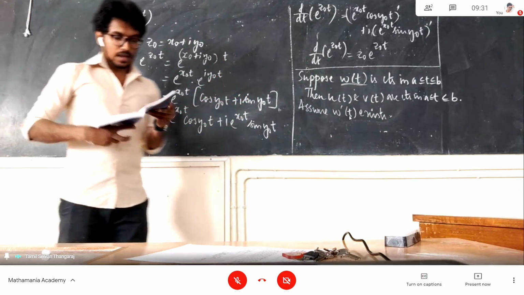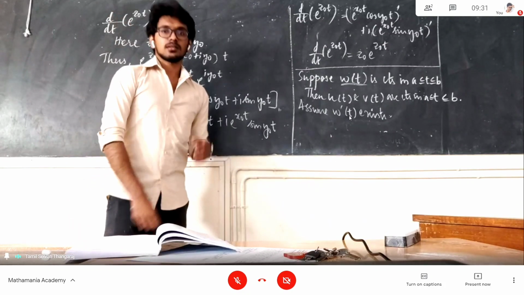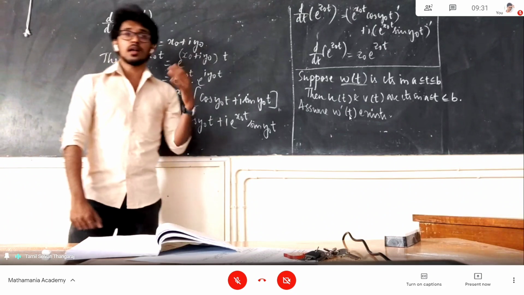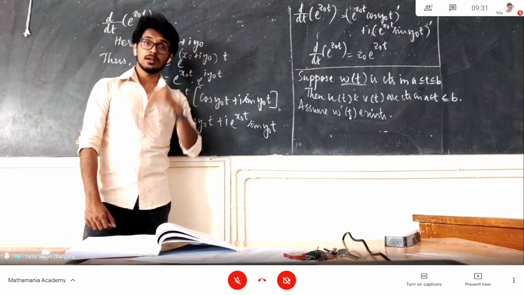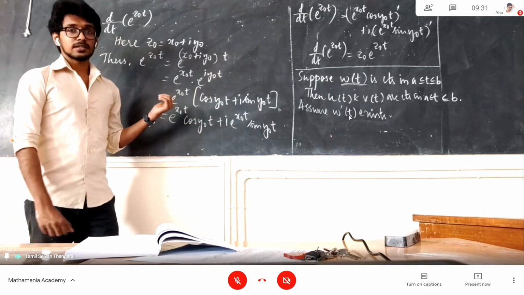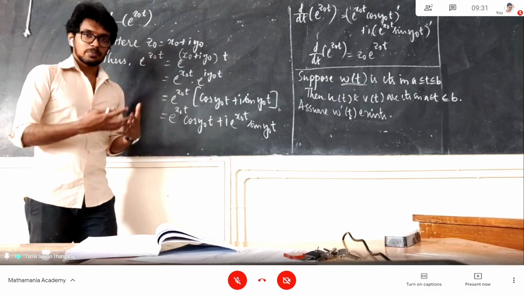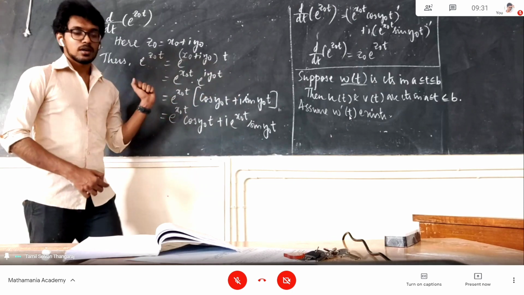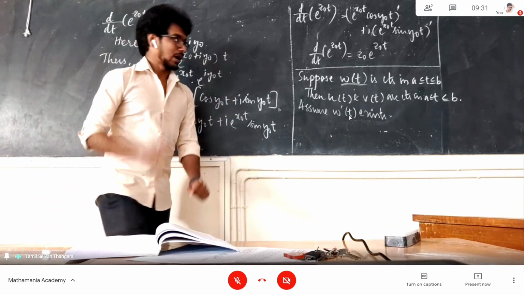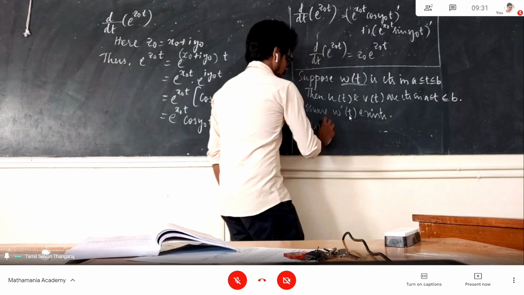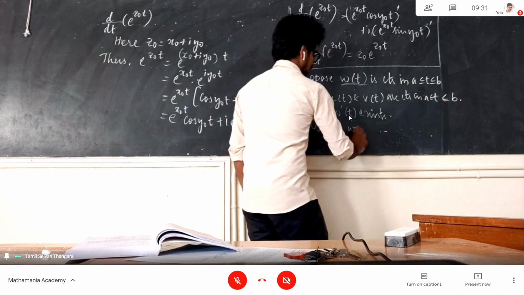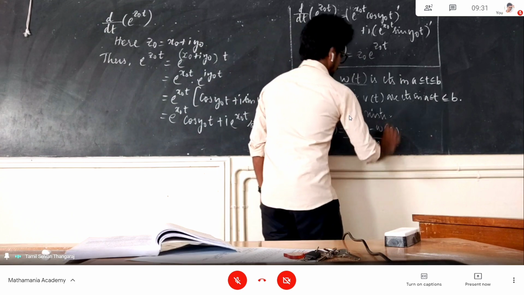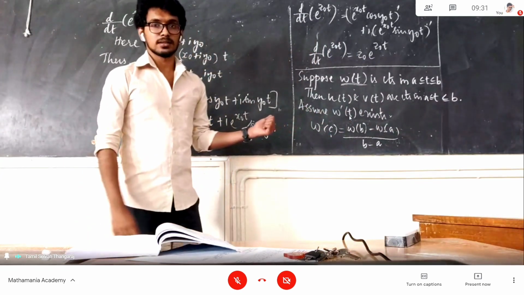When this exists, we have seen some functions whose properties that were true in the calculus of real variables turned out to be true in the case of complex variables as well. So we generally expect that the mean value theorem will also hold true for complex variables, but that is not so. By the mean value theorem, w prime at some c is w of b minus w of a upon b minus a. This is what our mean value theorem tells us.